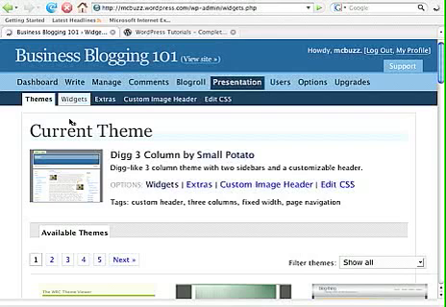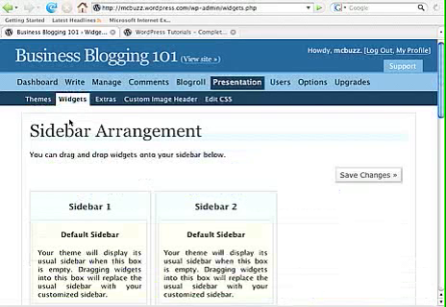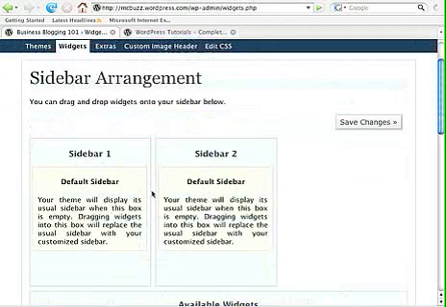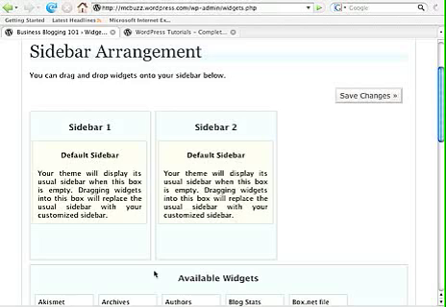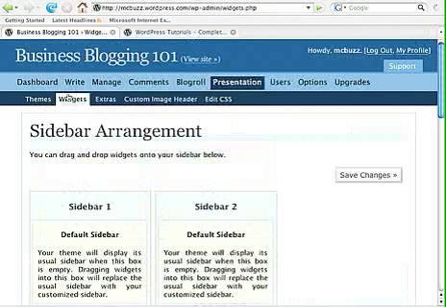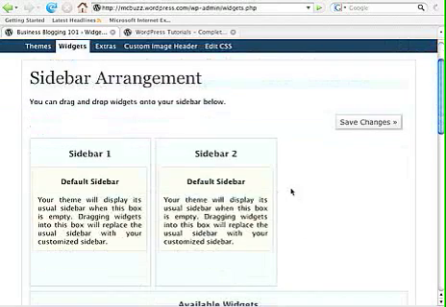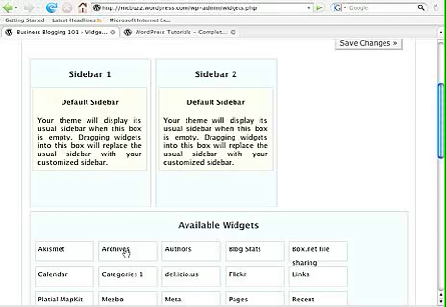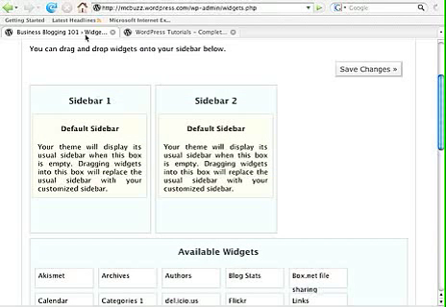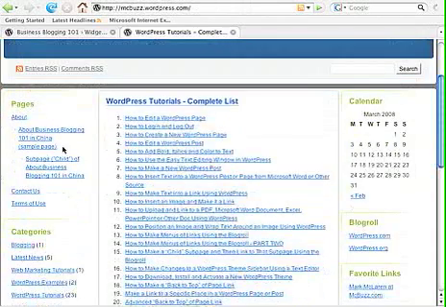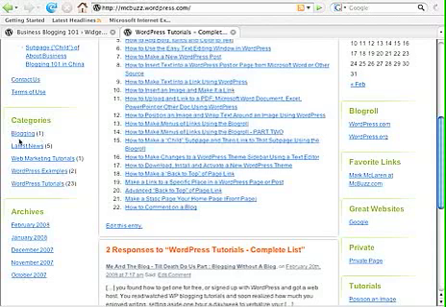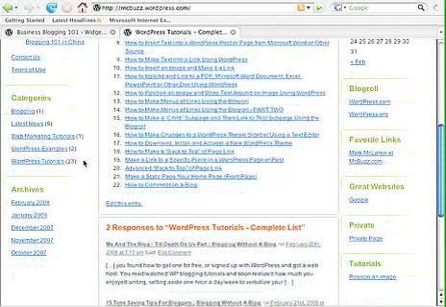Widgets. Now you have to be using, I think it is WordPress version 2.3. If it's hosted on WordPress.com, you're set, because they will update the version of WordPress themselves for you. Here we have sidebar arrangement, which is part of widgets. And I'll just show you real quickly, because I don't have that much time, what you can do. This sidebar 1 corresponds to the left sidebar here, where we have pages and categories and archives,